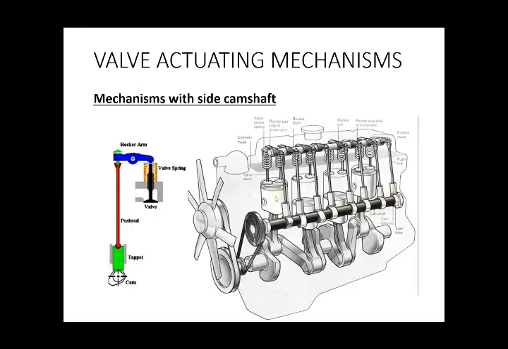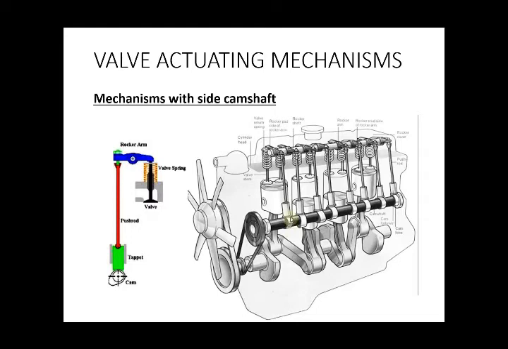So this is a 4-cylinder engine. You can see 4 pistons here, and 4 into 2, 8 valves. In actual practice there are around 16 valves in a 4-cylinder engine, so this is just a diagram. It shows 8 valves, and you can see here that one is the inlet valve and the other is the exhaust valve. The opening and closing of the inlet and exhaust valves is controlled by the rotation of this cam on the camshaft.